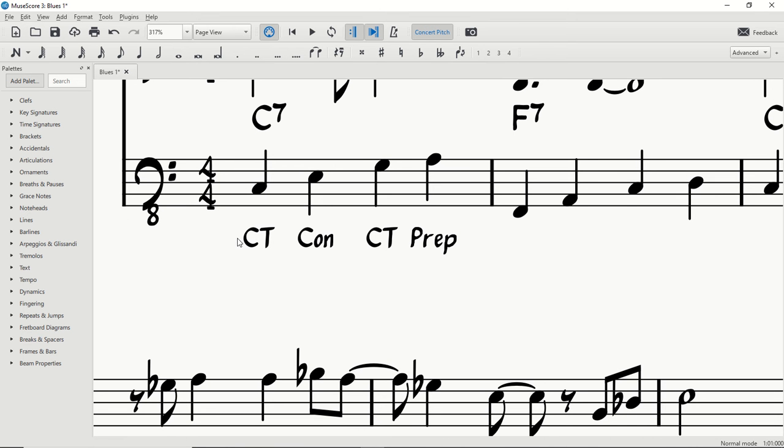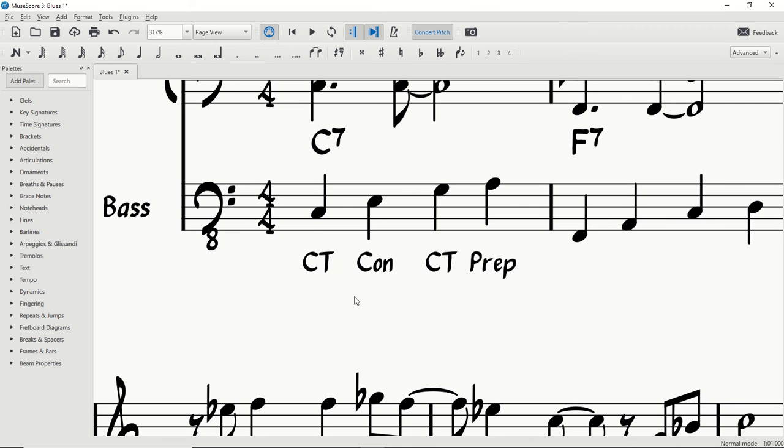So CT stands for chord tone. Let's just shorten it down so it'll fit nicely. Chord tone. So we want a note from the chord, and the best one, of course, to start off on is the 1. Following that, start off on the 5. But I think the 1 is probably the thing you want in the bass to give that structure to the piece that you want. So we need another chord tone here, you can imagine, and that could be the 3rd, so the 1 here and the 3rd here,